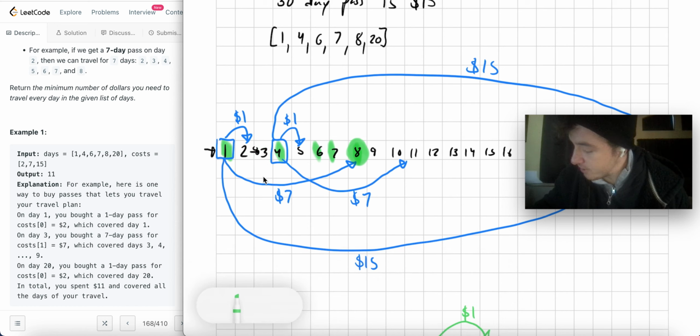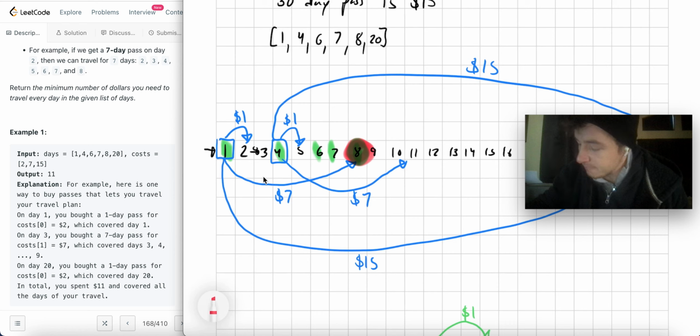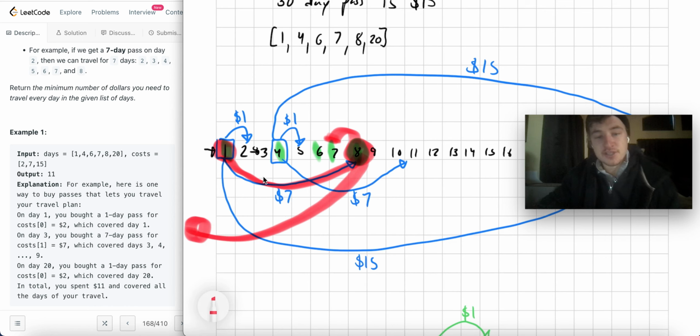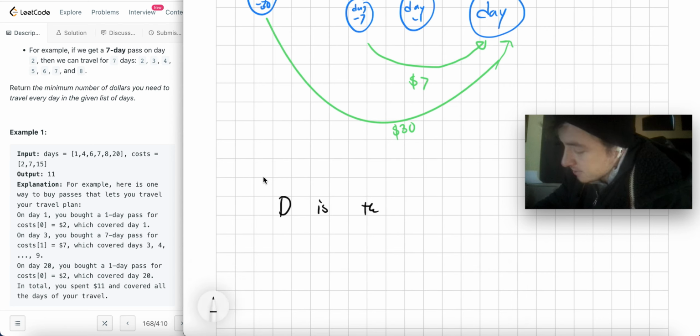So the cost for any single day is, well, if it's highlighted, I would look at the previous day, the 7-day, and the 30-day, and just take the minimum of it, right? So let's say that generally D is the cost